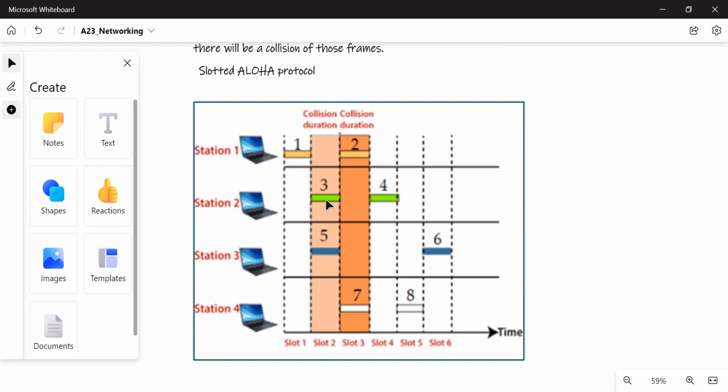Station 2, sending the third frame, but there's a collision with station 3. Station 1, 2 collide with 7. But 4, there's no collision. 8, there's no collision. 6, there's no collision. So compared to the previous protocol, now we see there's an improvement, right? The collisions are reduced. So let's draw this and then I will give you the